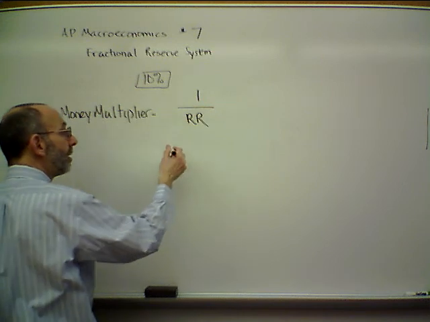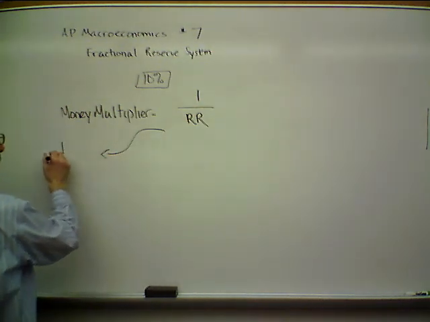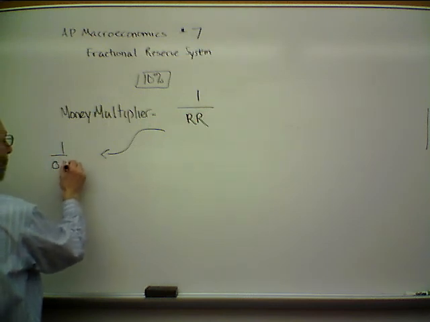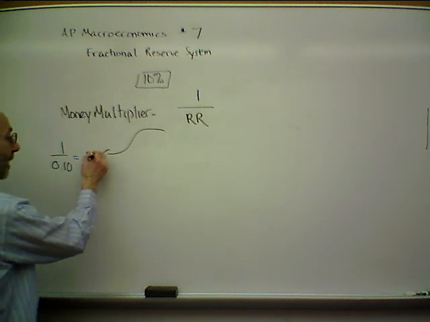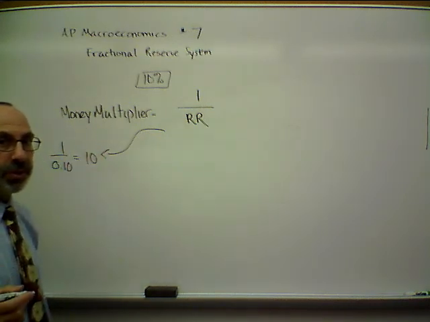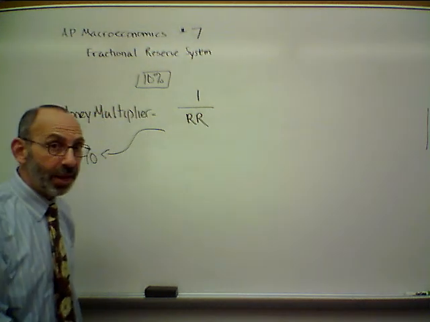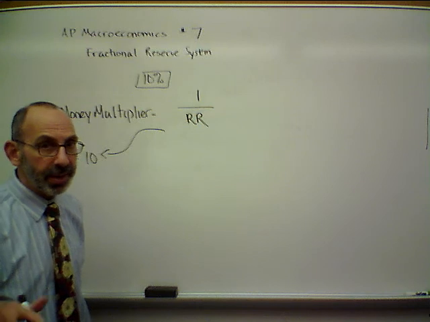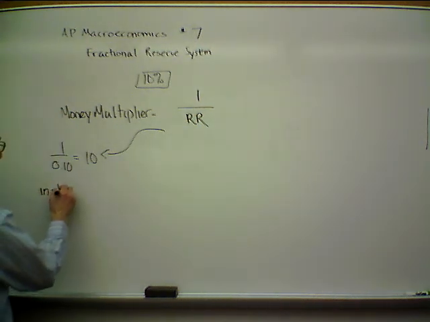We could use other percentages. If we do that, then let's apply it. This would equal 1 over 0.10, which is what 10% is, equals 10. That becomes the money multiplier. So if we were to ask what's the additional amount of the money supply, additional amount of expansion of money supply after deposit, or total expansion, slightly two different questions, we get the following. Initial,